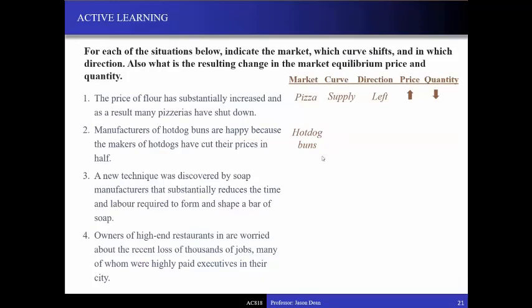And so is this the demand or supply? Where did we talk about price of related goods? Yeah, demand. To the right. So that would shift it to the right. And so we would expect that in this market, the price of hot dog buns would increase and the quantity would increase as well. So again, I just want to be clear, we know in the real world that